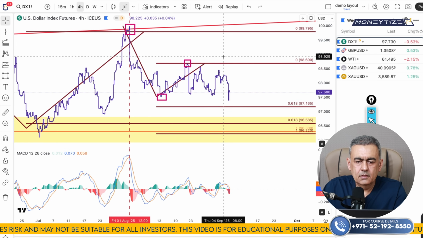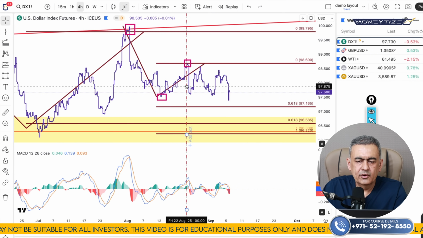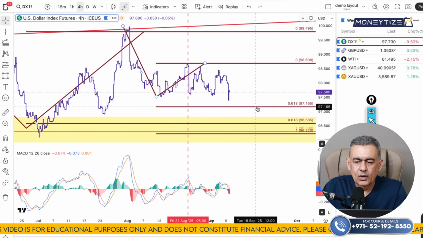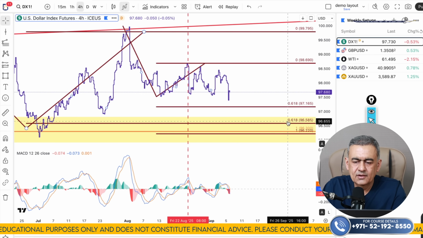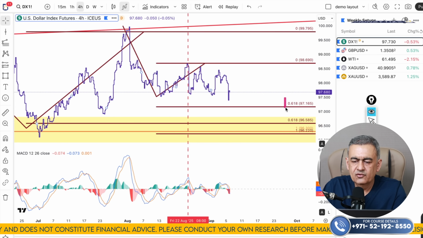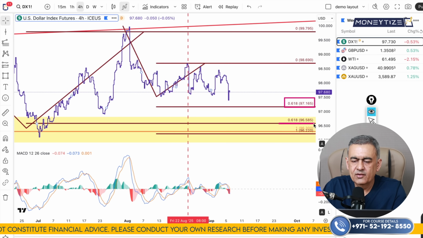This is done, applied, and we can move the vertical line to point C. So the closest target is 97.16 here. Once 97.16 gets breached, then the next one would be 96.58. So this is the first one, followed by 96.58, and I can see here a very strong support magnet around